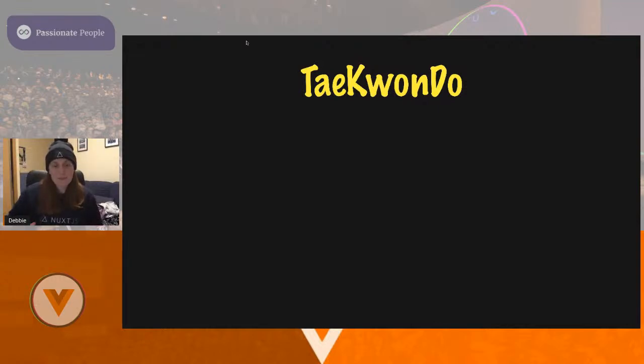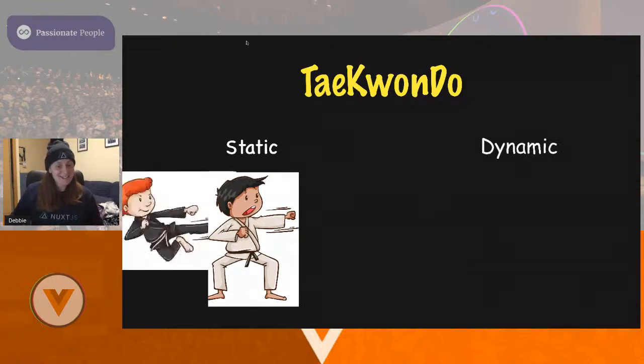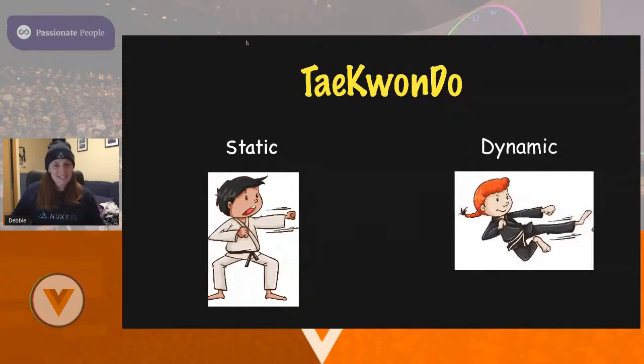So in a movement, I'm going to show you quickly here. This is a static movement. Yeah, you can see this Taekwondo person here, pretty static. However, there are very dynamic movements in Taekwondo. Now, I am not going to do the next movement while sitting in my chair because I would probably break everything. Dynamic movements in Taekwondo, for example,